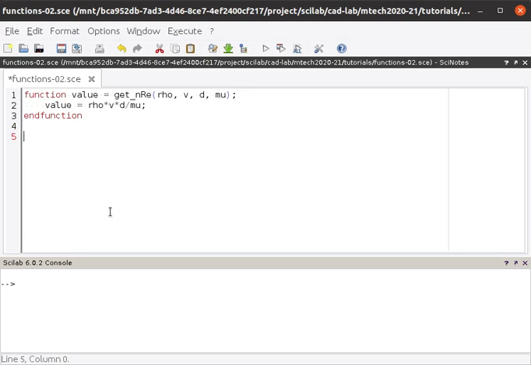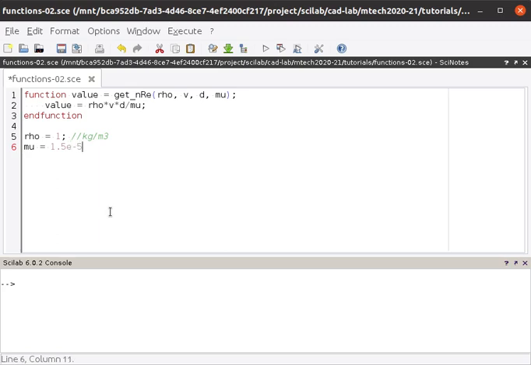We will declare some values. Suppose for our system density is 1, and its unit is kg per cubic meter, you can write here, and viscosity is given to be, let's say, 1.5 into 10 to the power minus 5.